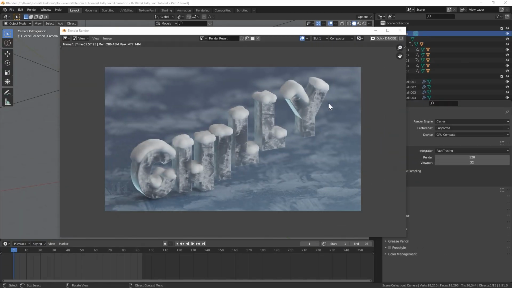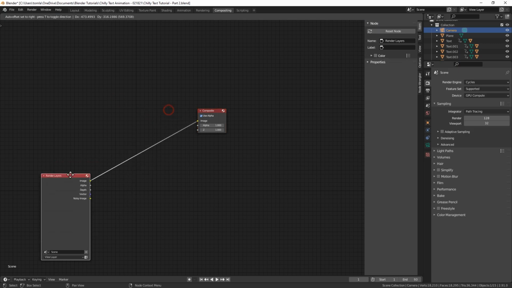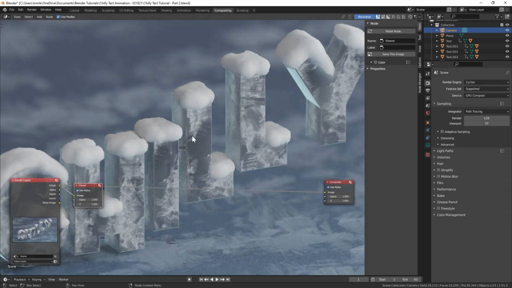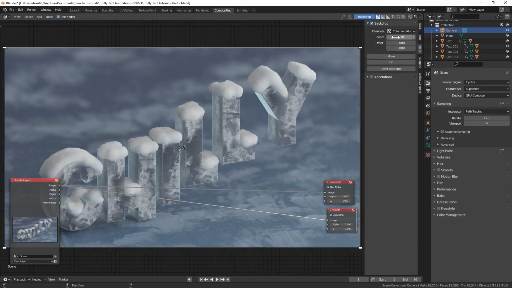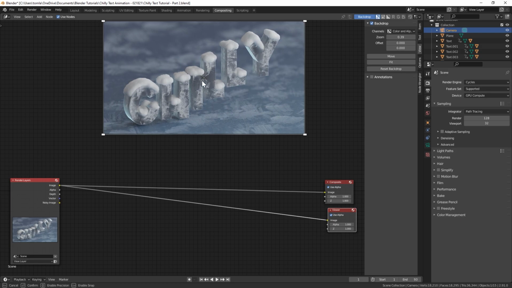All right, so now that that is done rendering, let's go into the compositing view. I'm going to give a little space here, and then I'm just going to bring in a viewer node. So if I hit Control Shift on our render layers, it's going to bring that in, and it is much bigger than the size of our monitor. So in the side tab, if you go to View, you could hit Fit, and that should shrink it down, but I'm going to bring down the zoom even more, just so we could have enough space to see what we're doing.